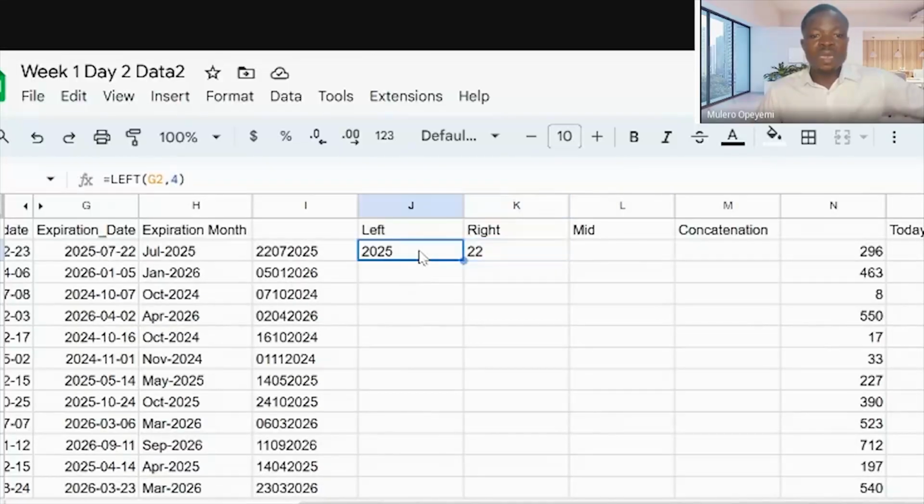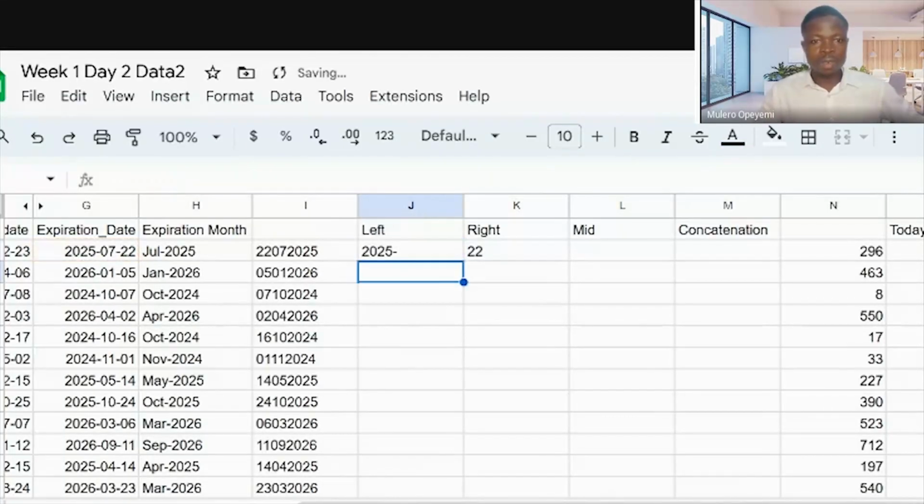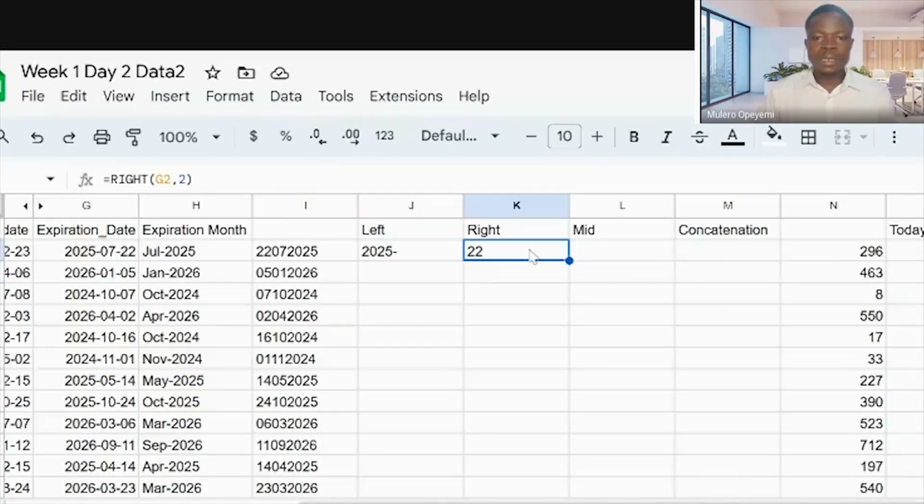So if, for example, I decide to have 5 characters, the sheet will return 2025 dash as the return. You can see it. So the dash is also part of the characters that you need to be counting. So that's for right. And for left too.